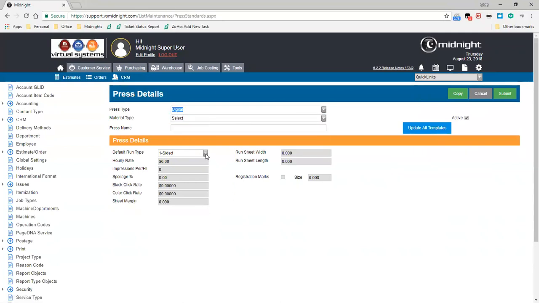Under a digital machine, you have the ability to select a run type of either one-sided or two-sided as its default. You can also list an averaged hourly rate, which will affect your job costing, your average impressions per hour or production speed, your spoilage percent, which is in reference to the consumed inventory on the job, your pricing for black or for color clicks,